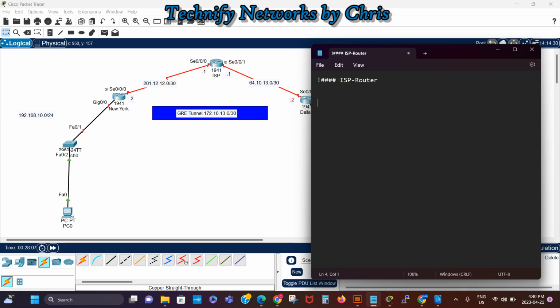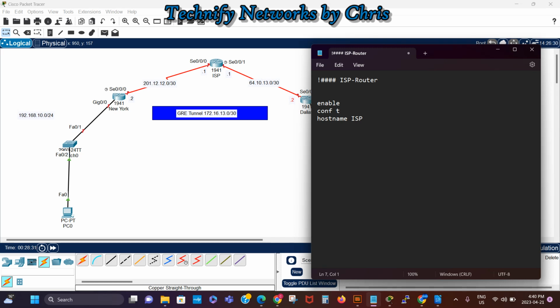I'm going to start with the configuration, then I'll say enable, conf t, that means configure terminal. Then I'll go to, let's say, hostname ISP,